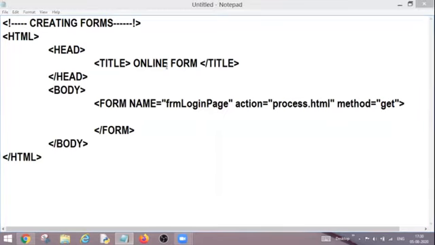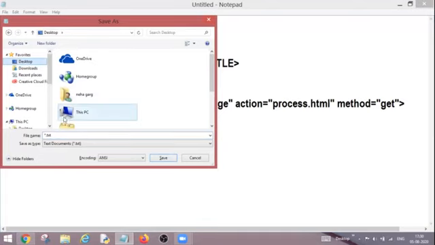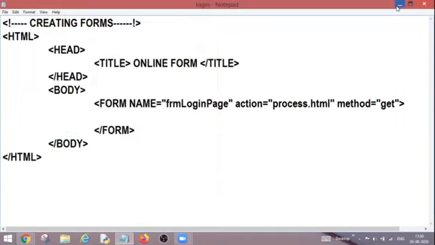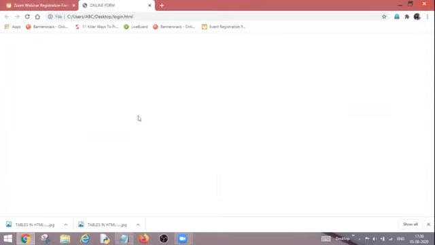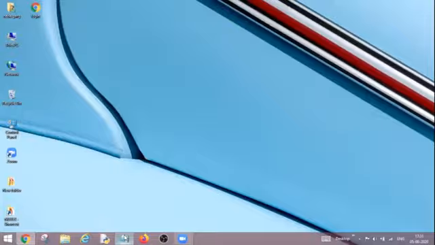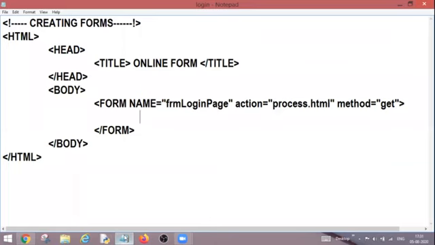Now Control S, I'm going to execute it. So on the desktop, I'm going to create it by the name login.html. Press enter. Now my form is created and I can see that this is my login page. So if I'm double clicking over there, then nothing is displayed because I have only created the form, but I have not entered anything into my form. And because my form is a block level tag, so my complete web page area is assigned to my form tag. So I am allowed to enter any of the control over there.